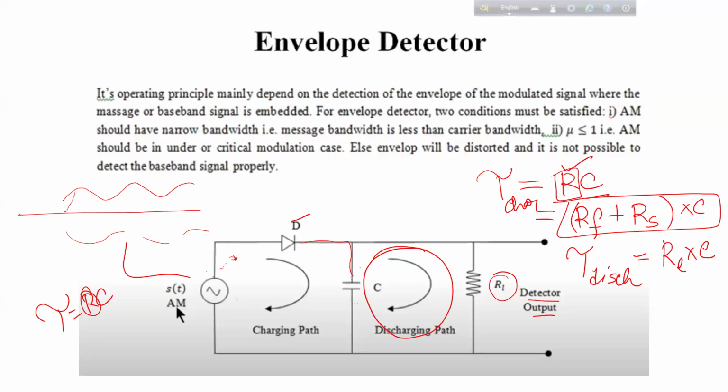Now there is an optimal condition for this tau charging and tau discharging. Now, why do we need to follow this condition? Why is there a limitation on the charging time and discharging time? Because,